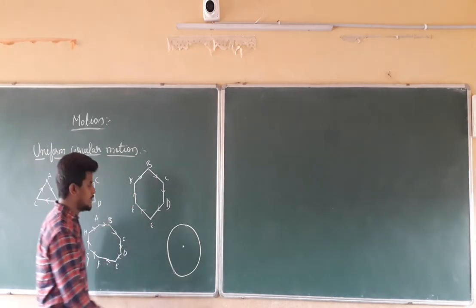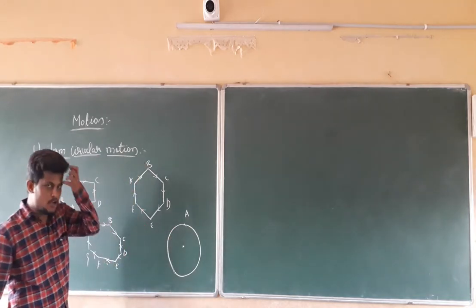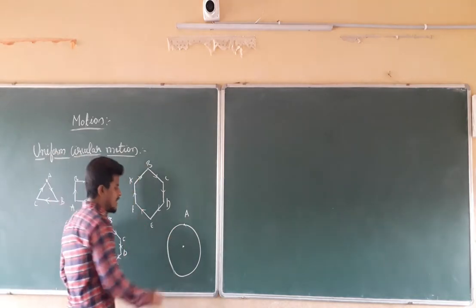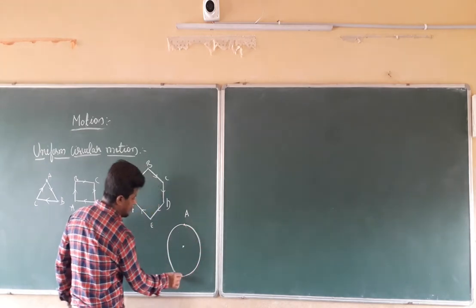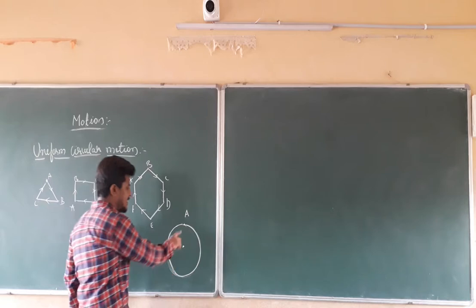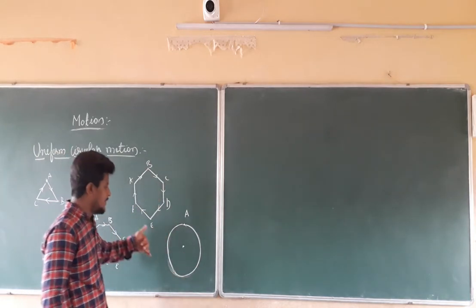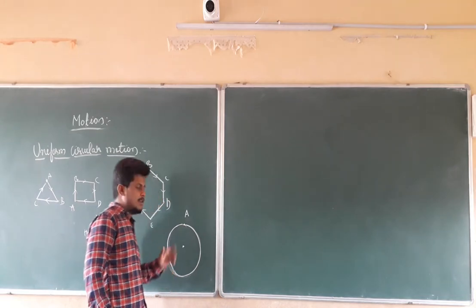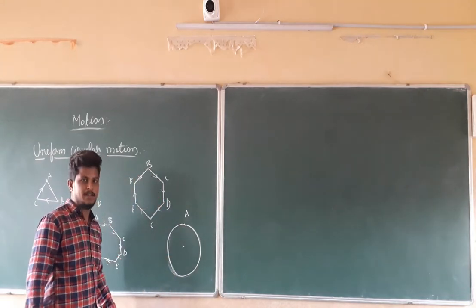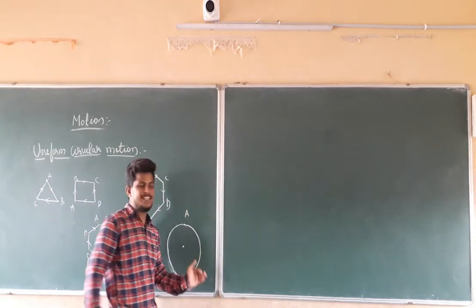It will become a circular position. If the point where the athlete is going to start is A, and he is traveling on this circular surface or circular boundary, he is going to travel like this. If we check the change in the direction, here the change in the direction will be n number. He is going to travel along the boundary, so he is always going to change his direction.